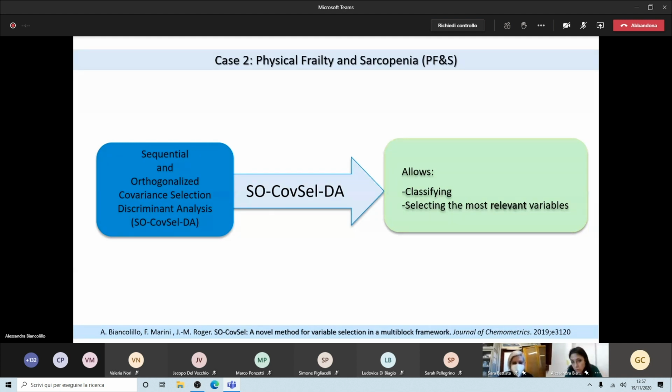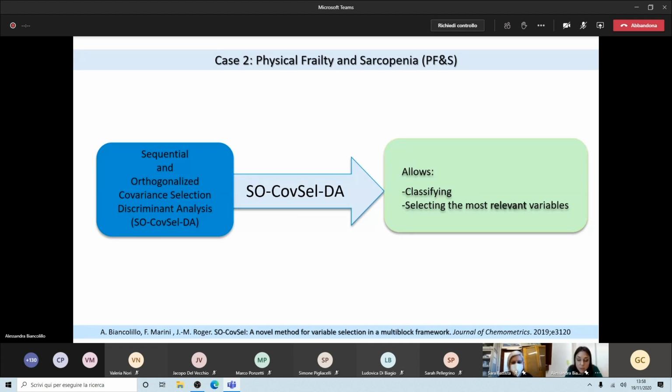And at the same time, together with the classification, the model will tell us which are the most relevant variables for the solution of this classification problem. So this means that the model will tell us which analytes are characteristic of each category, category cases and category controls.